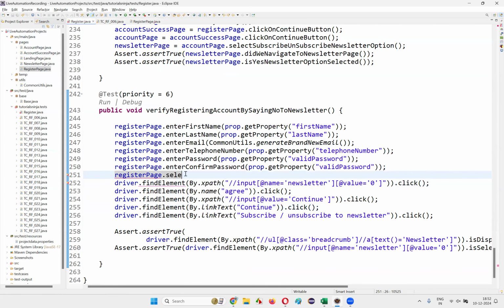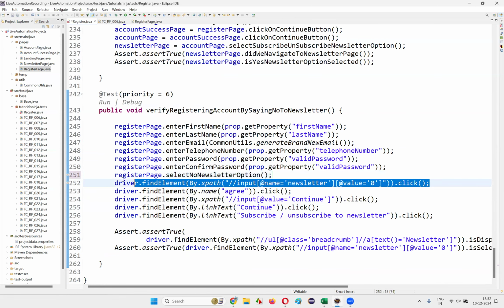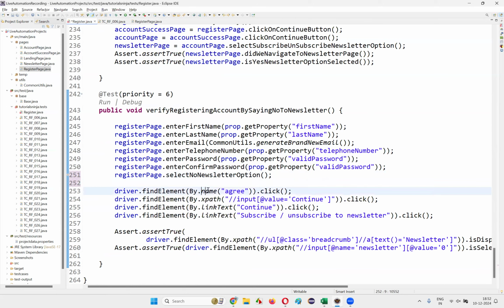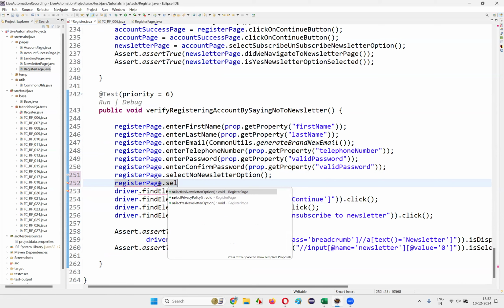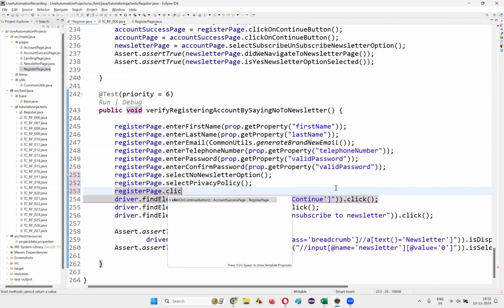Okay. Dot select no newsletter option. This one is not required anymore. Then we need to select the privacy policy field, register page dot select privacy policy. This is also done. Then we need to click on the continue button, register page dot click on continue button